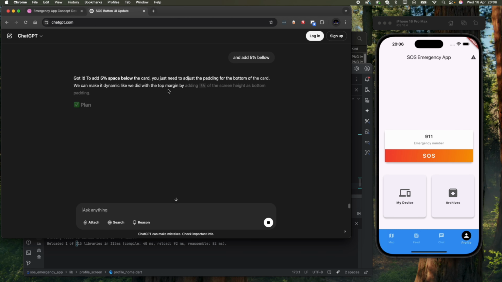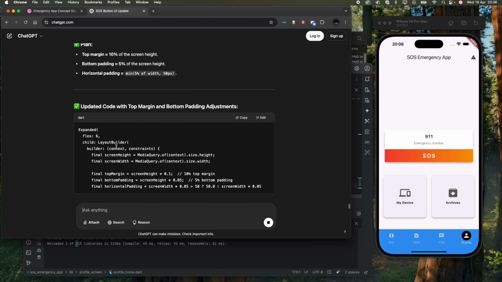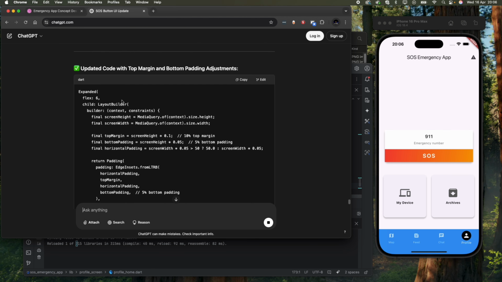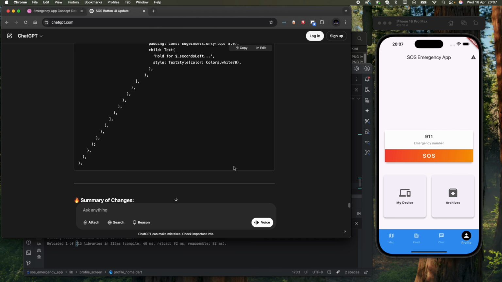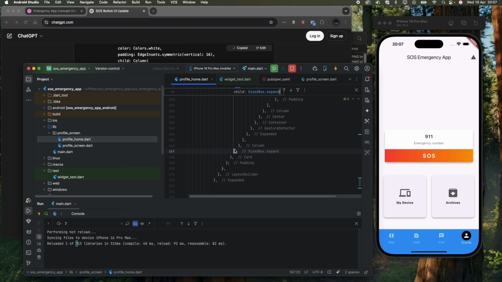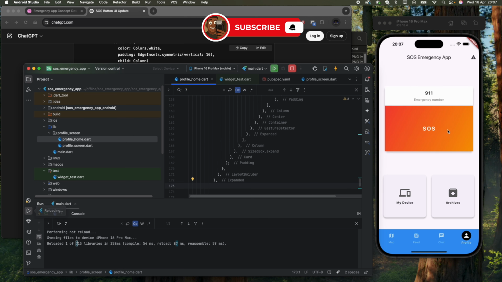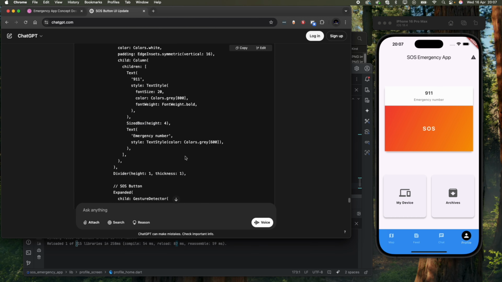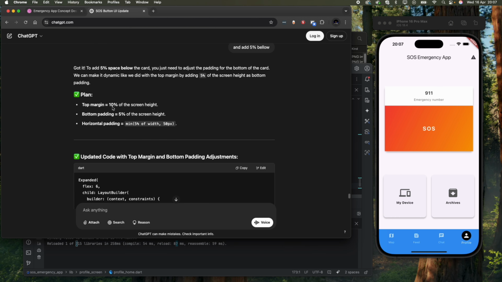Another thing I like is that it's not spitting out every single detail of code. It's actually informing you what you need to update and what you need to change, which is lovely, because then you end up learning more than just having to dev the whole time or just copy paste content. You can actually learn how to code from using such a platform. Okay, so I think I'm happy with where this is. The only additional thing that I'll probably do is that I would want to add another 5.5